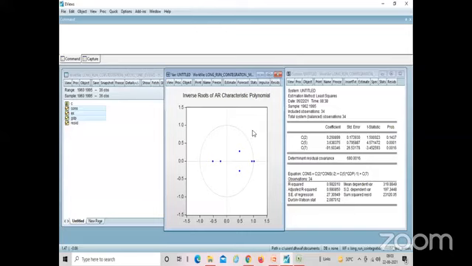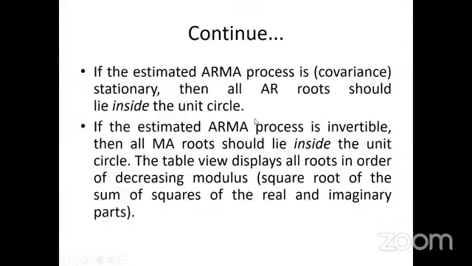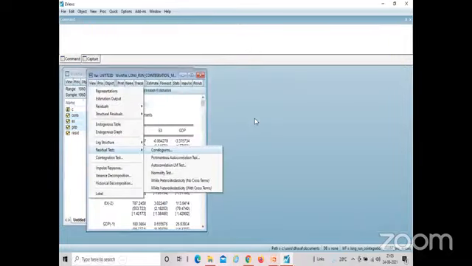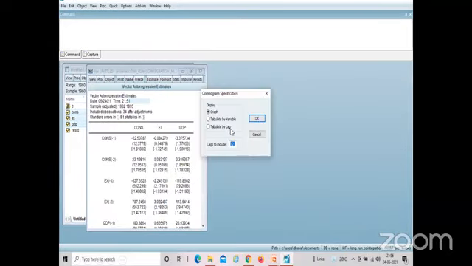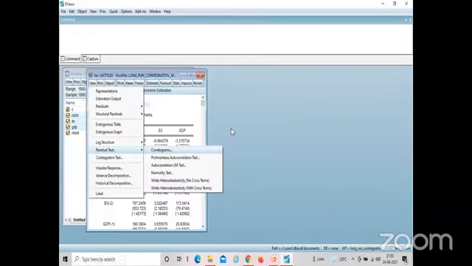So it means that this model is a stable model. Right? This is not required. This is required. View residual test and correlograms.